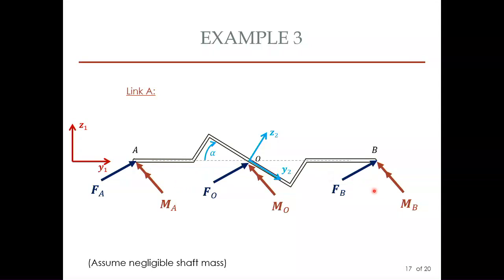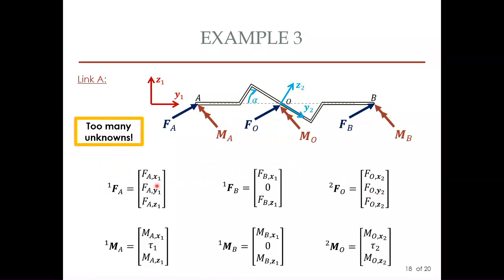I will just skip it. So this is what I had before on the slides. You can see here, say, tau 1 in the Y1 direction. If there was no actuation, this would be 0. Now I wrote here too many unknowns. Why? Because